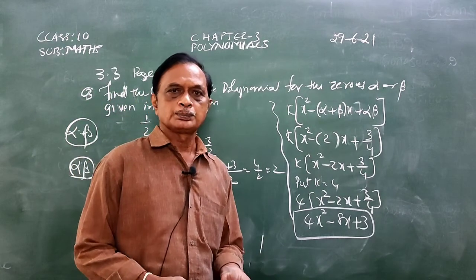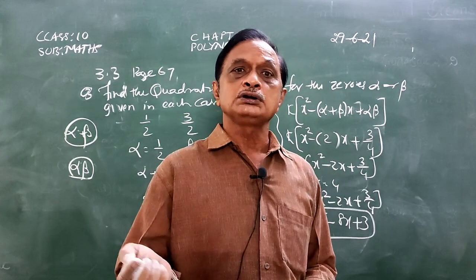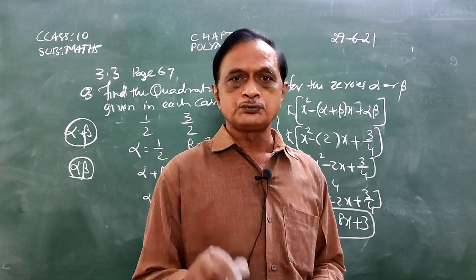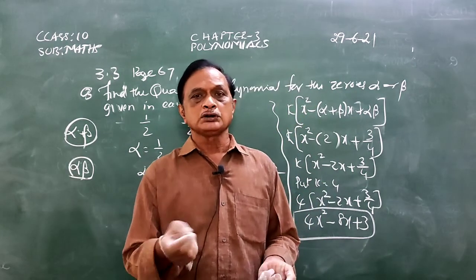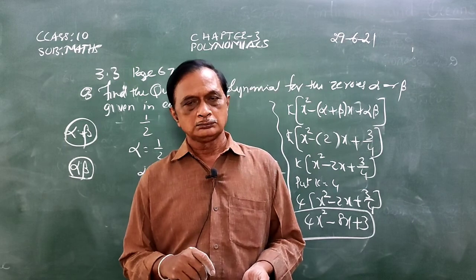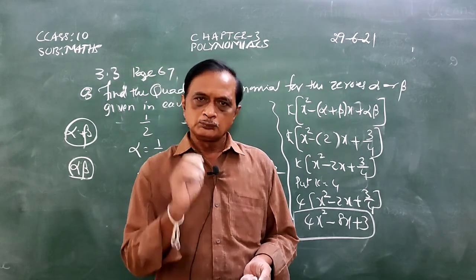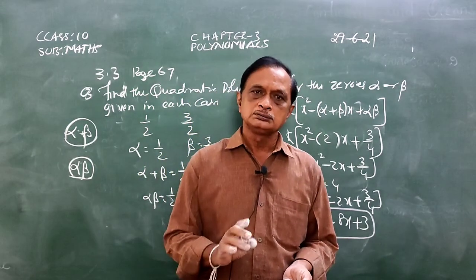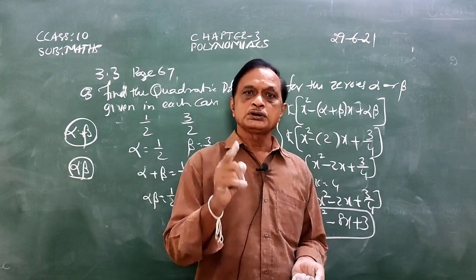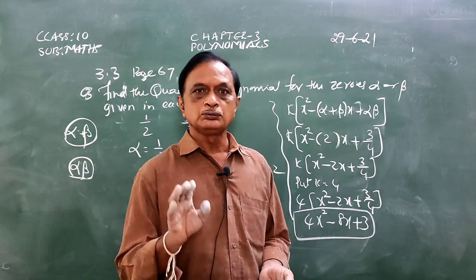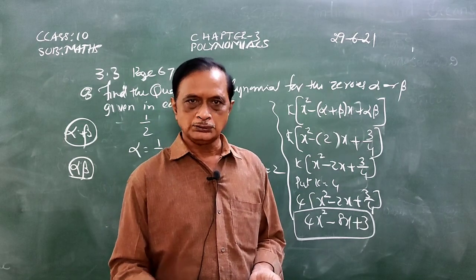Which is very easy. So now we know that without actually finding the zeros, in this video we will learn the formula to find the sum of the zeros and product of the zeros of a quadratic polynomial. Without actually finding the zeros of a quadratic polynomial, we can find the sum of the zeros, that is alpha plus beta, by using the formula minus b by a. And we can find the product of the zeros by using the formula alpha into beta equal to c by a. Okay? Thank you.